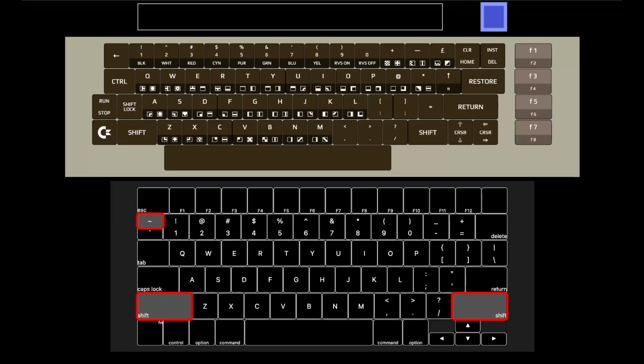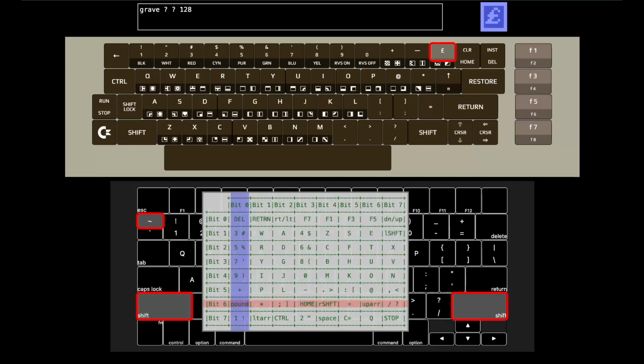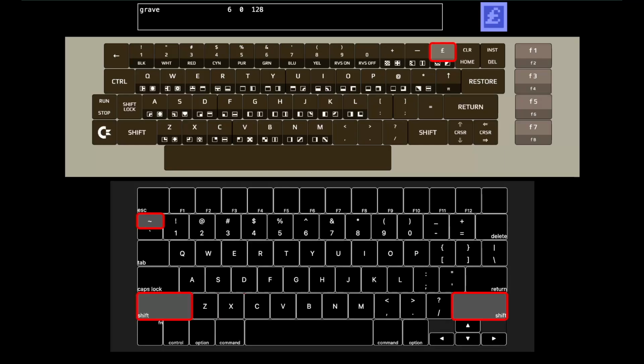But now I wanted to map the tilde, which is shift backtick on the Mac, to the British pound sign, a dedicated key on the C64. In other words, mapping a different key to the shifted version of a key. Time to look at the shift flags. This one looks interesting. 128, shift modifier required on host, meaning the shift key is held down when pressing the key. The pound key is at row 6, column 0, so we can map grav